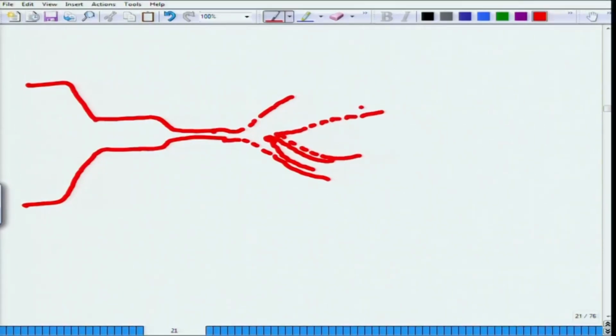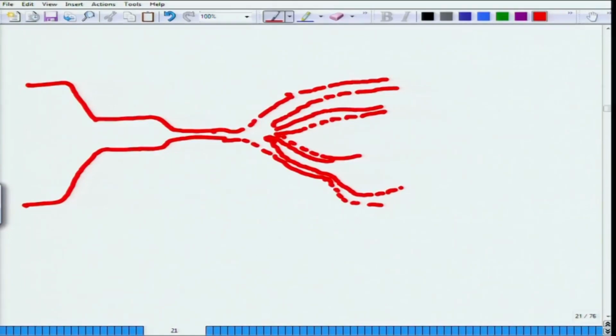And you will see in some of the places I am putting dotted lines. There is a reason for it, and I will come to that, why I am putting dotted lines. Okay. So, likewise,